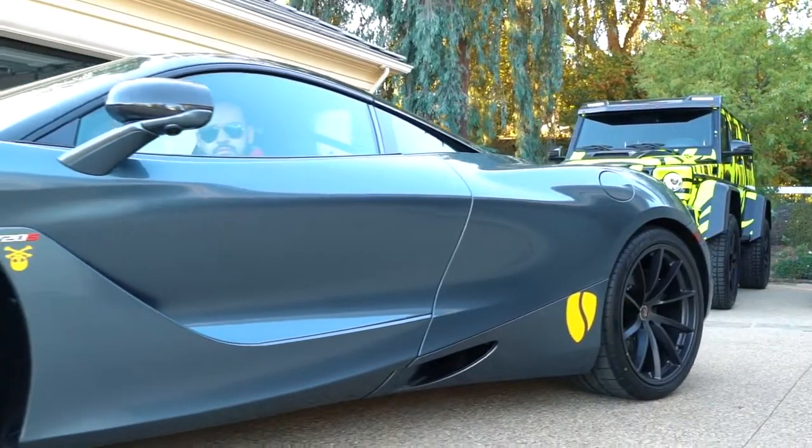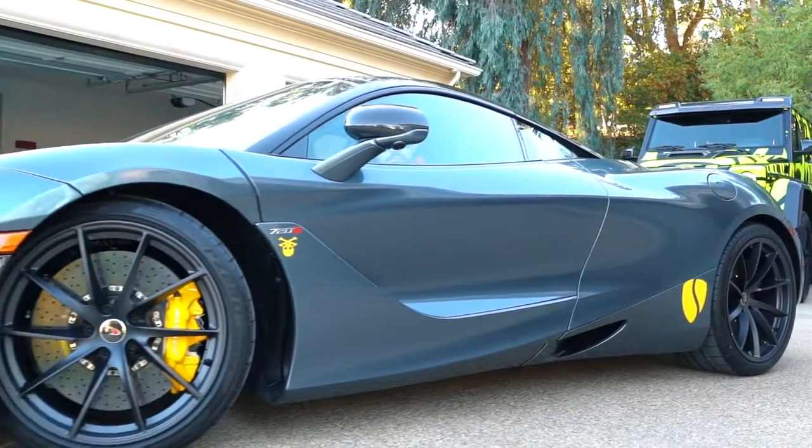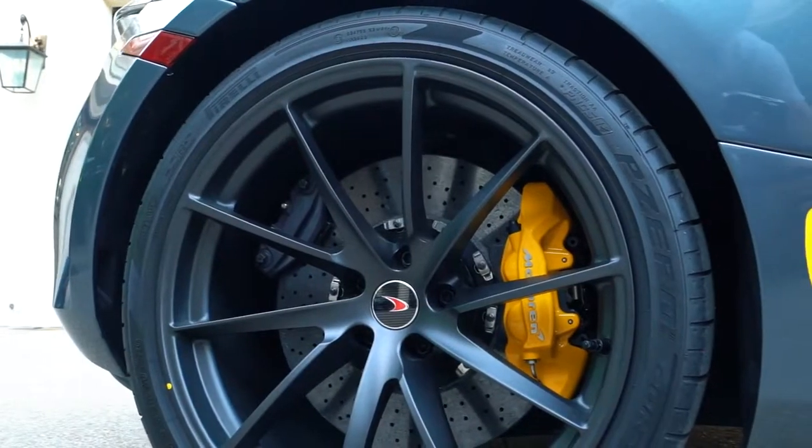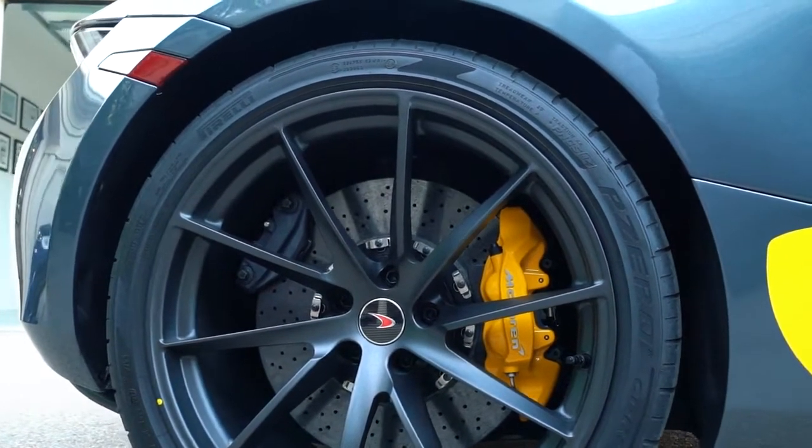Even my wife was able to drive it and she's not intimidated by the car, even though it looks aggressive and insane. I am head over heels over this car. I don't see myself selling it unless, I guess, I can get a crazier spec or something like that. But other than that, this...